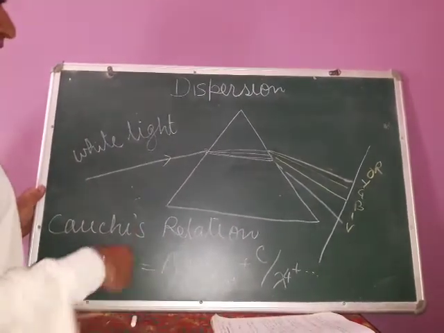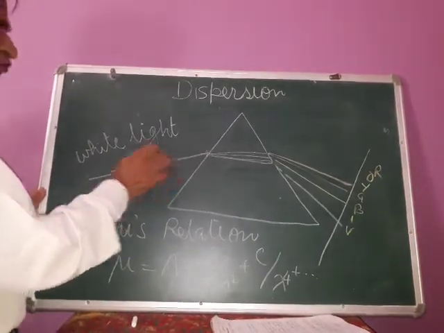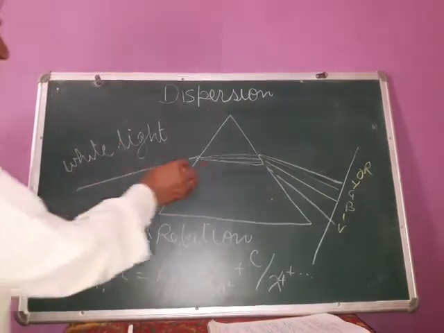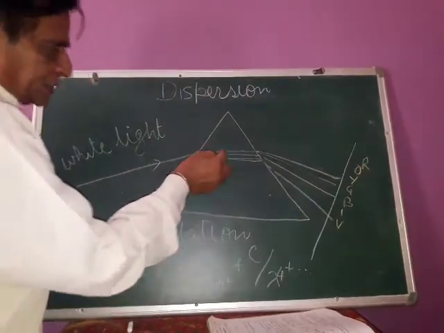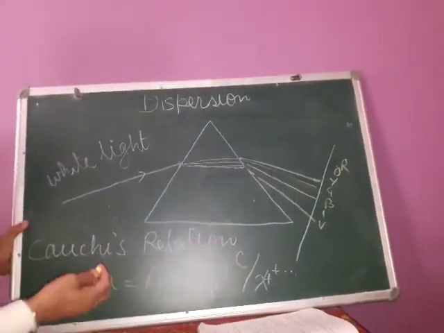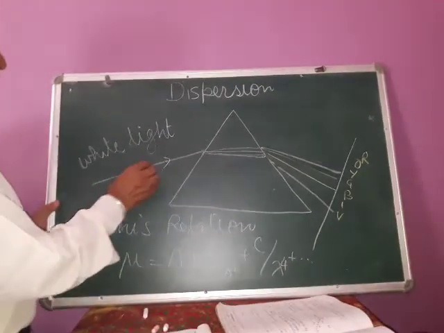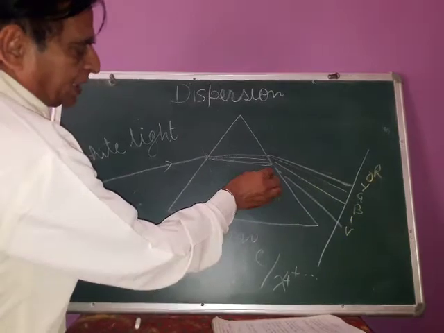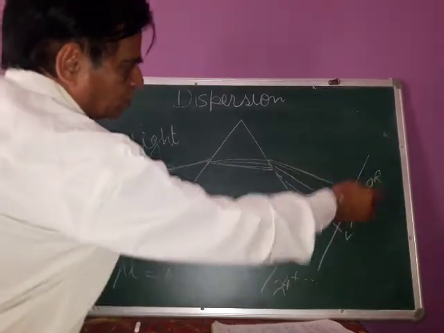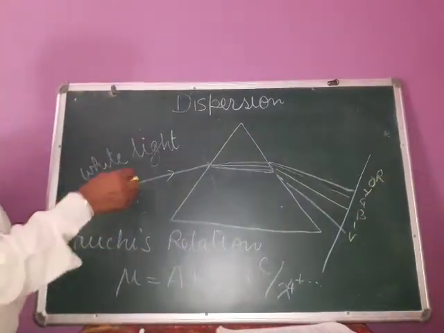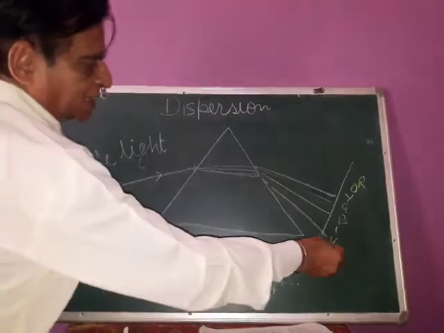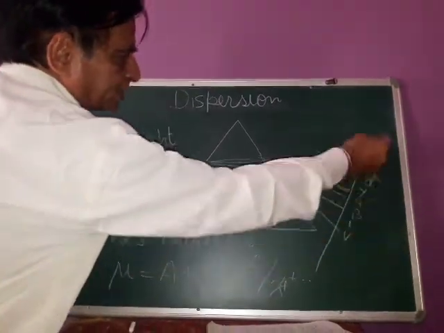Here, let's say in this case, white light is there. White light, as you know, consists of many wavelengths, and this refraction depends upon the wavelength. So all the components of this wavelength will refract in different directions here, and in the further refraction you will get the clear separation of all the components which are in the white light. It will be like violet, indigo, blue, green and so on.